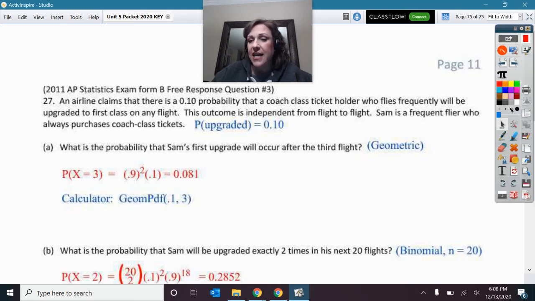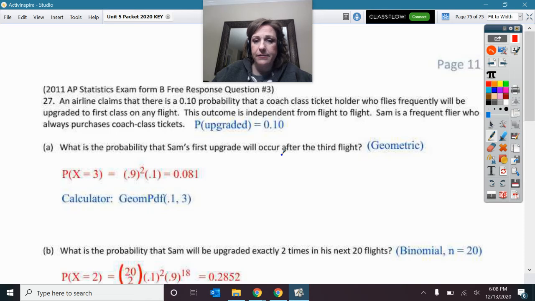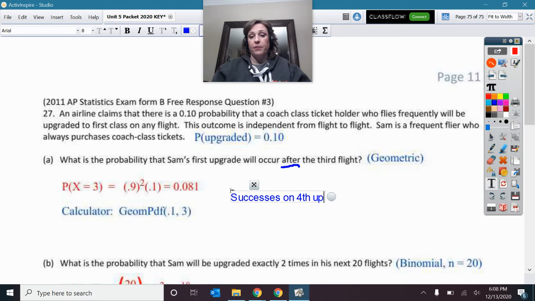So let's just kind of talk through that. I totally didn't see it, or I just skipped it. I was so tired by this point. After the third flight. So that means the successes that I want are on the fourth, up to infinity. Okay, so then I'm going to have to do 1 minus the bottom part, the accumulation of successes on the bottom part,